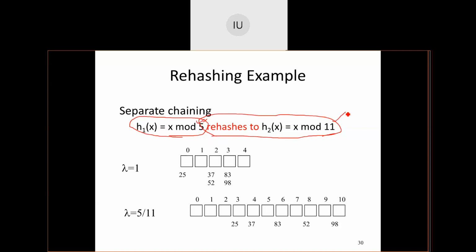Again, this is a costly affair because you might have already allotted many elements, and all those elements have to be rehashed. In order to avoid this, at the initial stage itself, choose the table size in a modest manner according to the application for which you are designing the hash table.